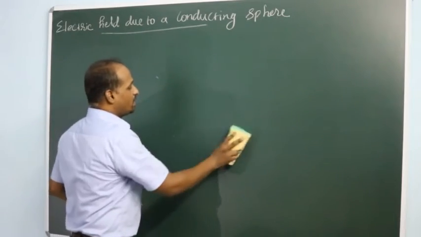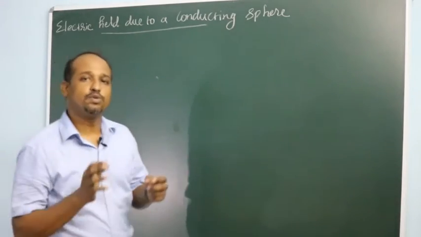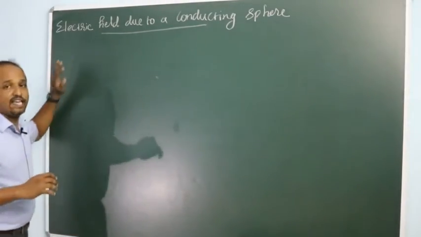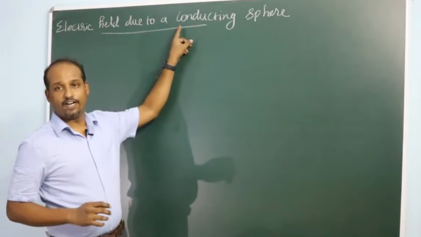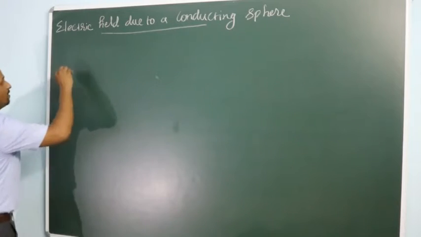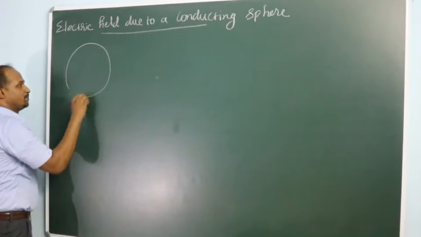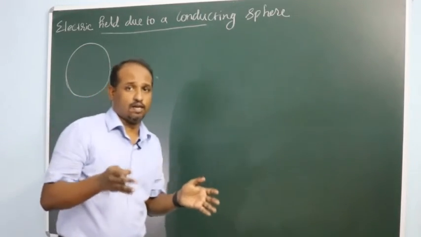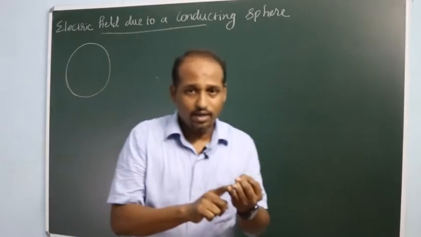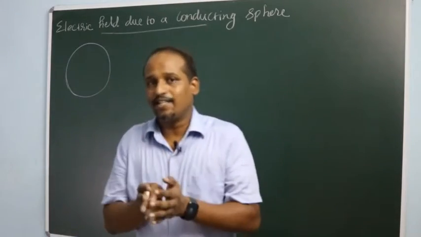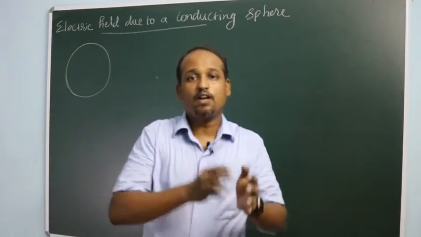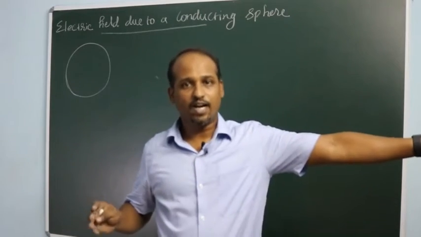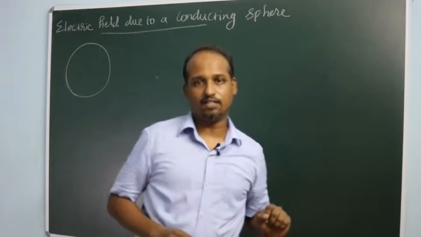Given this premise, it will become very easy for us to determine electric field due to a conducting sphere. After this case, we will look at a non-conducting sphere. If you have a conducting sphere and you would like to find out the electric field, there are three possible points that you can look at. One is, what is the electric field inside the conducting sphere? What is the electric field on the conducting sphere? What is the electric field at a faraway point from a conducting sphere? There may be three cases.